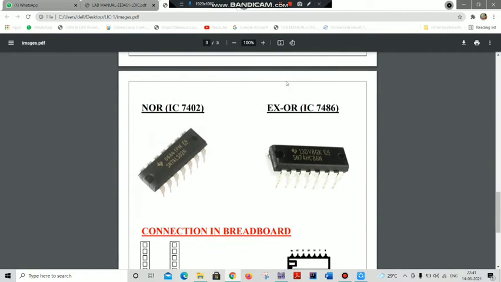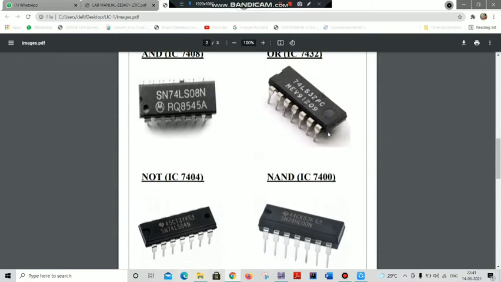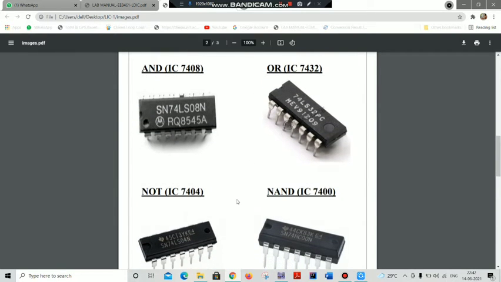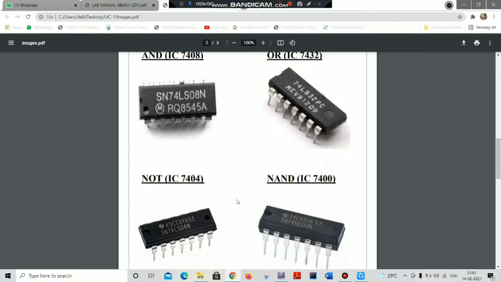This is your XOR gate, and one more chip will be used for the NOT gate. These are all connected in your IC trainer kit with the help of connecting wires in order to verify your truth table for all the circuit diagrams, like the generator and checker, that too for the odd parity generator and even parity generator, and the odd and even parity checkers.